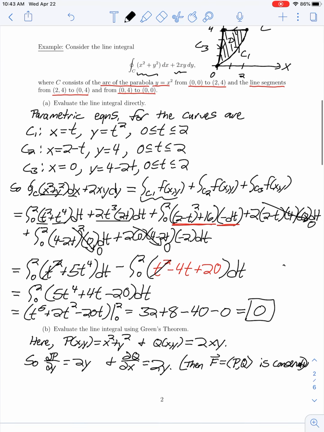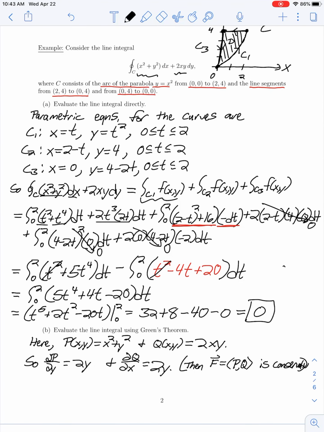So we know from the fundamental theorem for line integrals, if we're integrating over a closed curve, that this line integral should give us a 0 value, the same value that we found in part A, or by making use of Green's theorem, as we're told to do in part B of this problem,